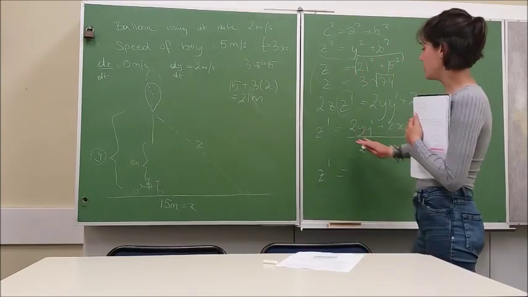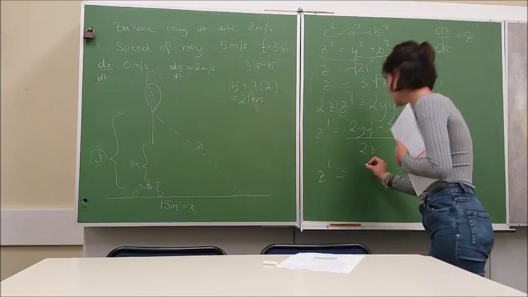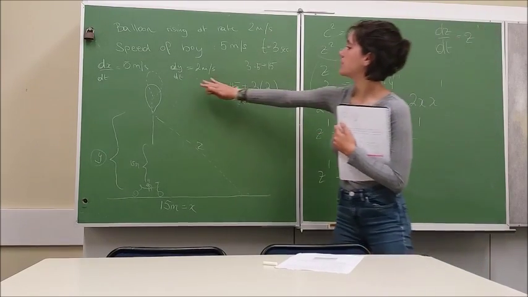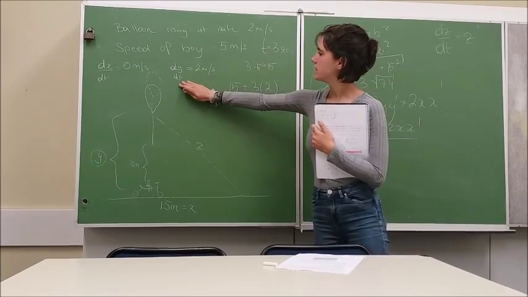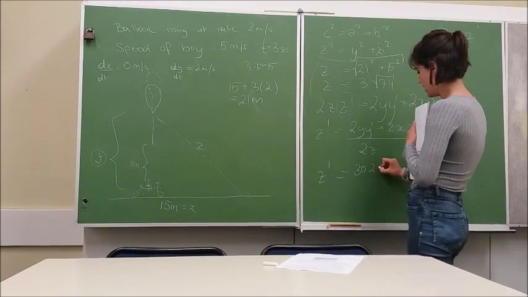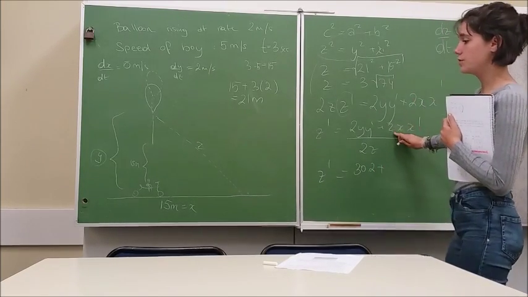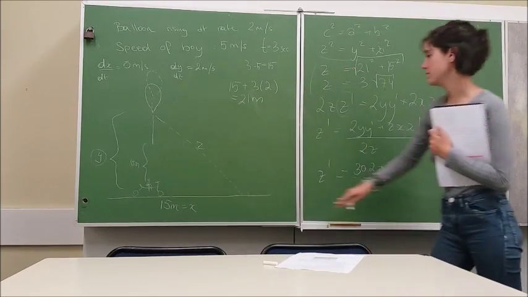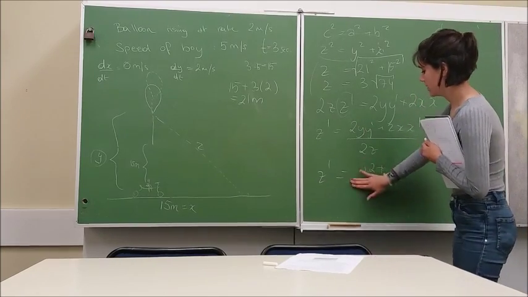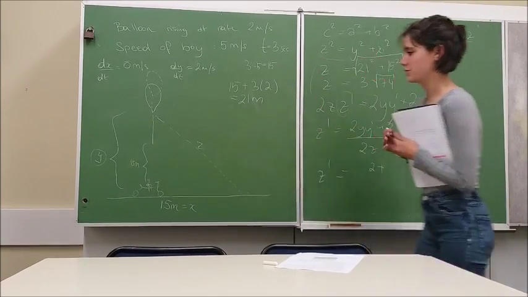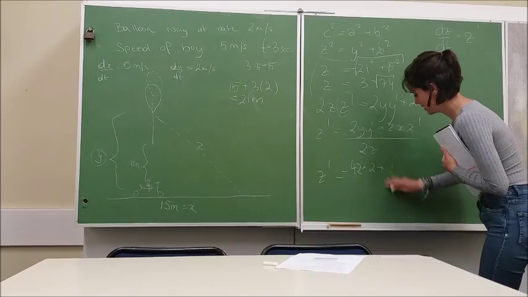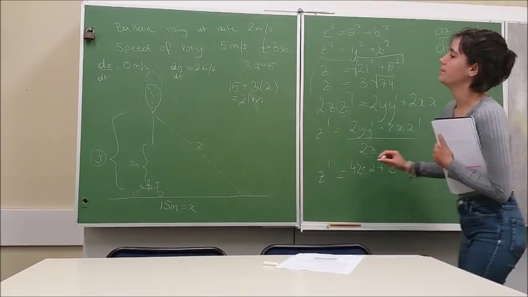Which in this case are z dash is equal to, we have the 2 times 15, which gives us 30, and then we have the derivative of it, the rate, which is 2 meters per second, so times 2, and then plus 2 times x. I'm so sorry, I wrote 2y is 30, it's confused. It's 2 times 21, which is 42, and then here's the 15, which is 2 times 15 gives us 30, times the rate of the x,